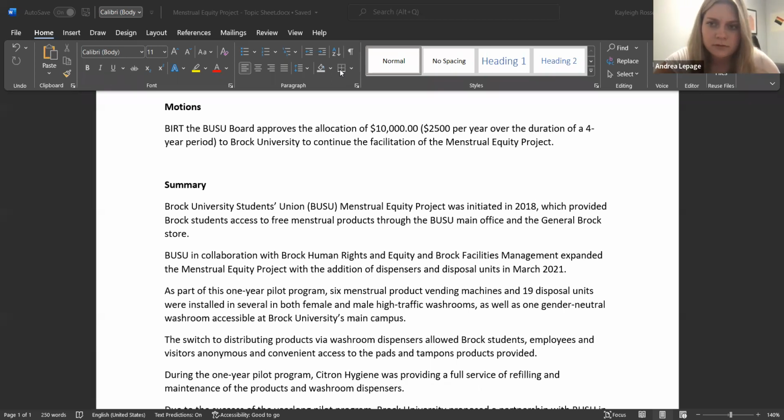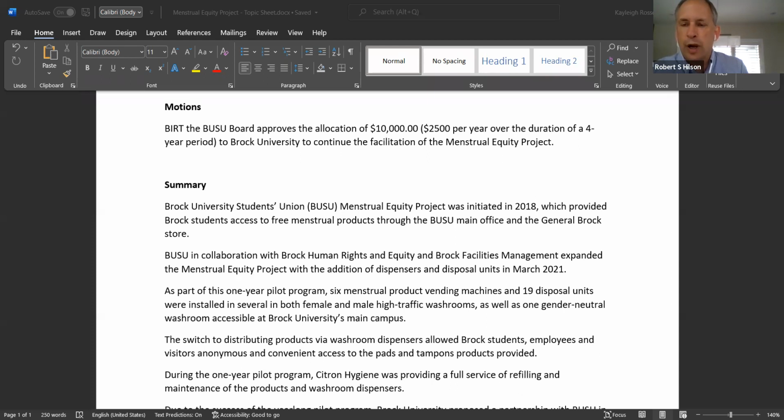Yeah, through you, Mr. Chair. So James, through you, Mr. Chair. The actual cost of BUSU for one year was about $10,000 per year, and that was for 8 washrooms. In this particular arrangement with Brock, what happens in student unions quite often is that the students start something, and then the university says, oh, this is a good idea. And then the university says, hey, look what we just did. But it's often started by the student unions in many cases.